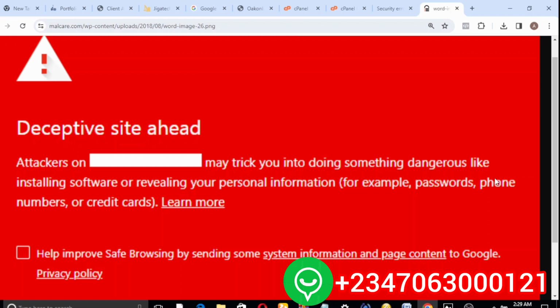So you need to avoid Google Chrome. You might be able to stop this to some percentage, and also avoid using domain names that look like another